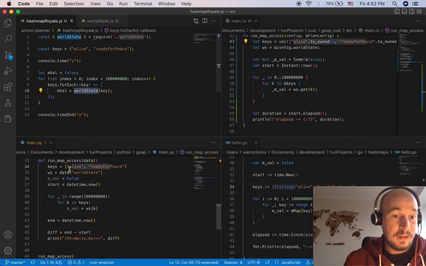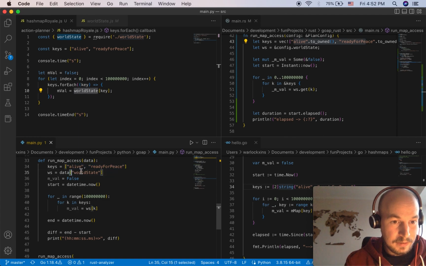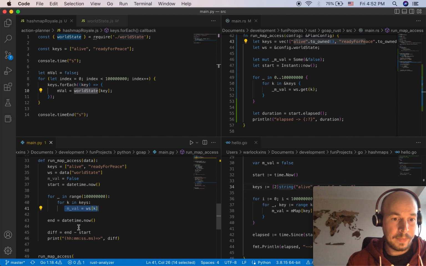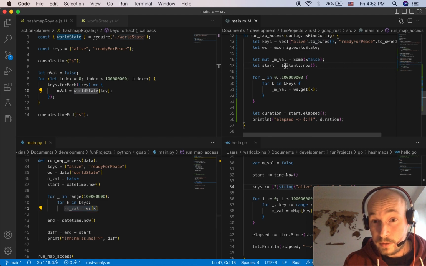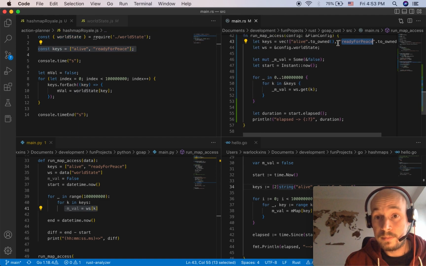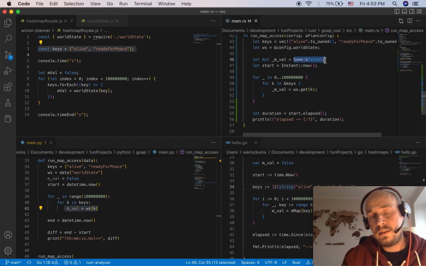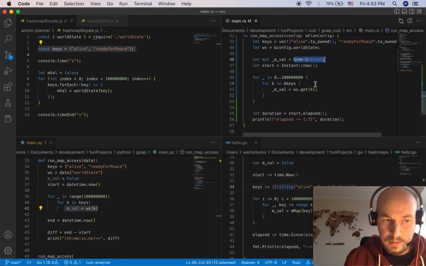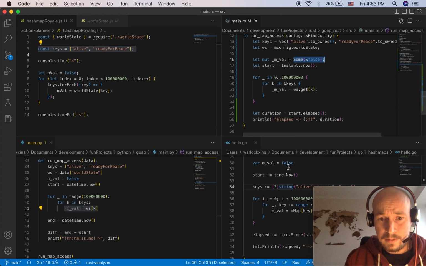In Python, the same code in here, same keys, same world state, same iterations, same accessing without checking if the key is in there. Same in Rust, same keys, same iteration, same accessing data without actually checking if there is something in there or not, and not creating an unwrap thing.